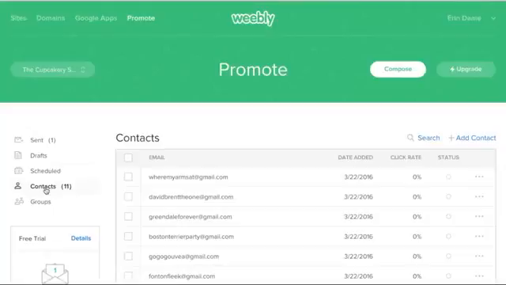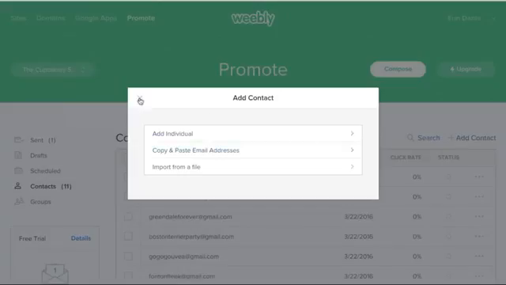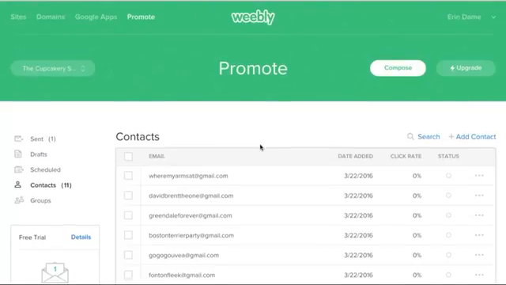So I'm on the contacts section of my Promote home. If I want to add a contact, well, I had already synced it. But you would see a button here that says Sync Weebly Contacts. Once you click that, you just have to enable that Weebly Sync, and then it basically does all of the work for you. It takes all of your contacts from any forms you have, from the store, if you have the membership feature, any contacts from any of your sites, it basically pulls those in and